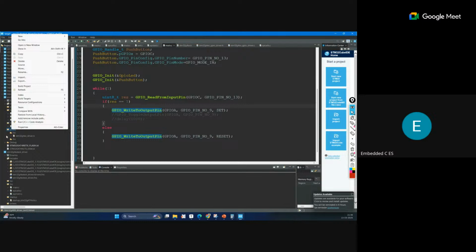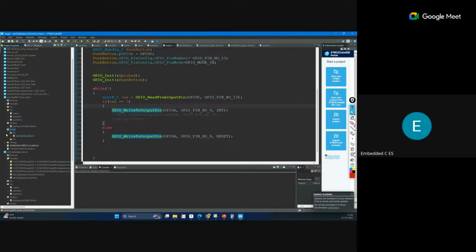So if we create some folder and create some INC or SRC files, initially that will be excluded. That will not be part of the project. But by some setting, we have to include that into our project. After including, that becomes part of your project and will be processed. Otherwise, that will not be processed.